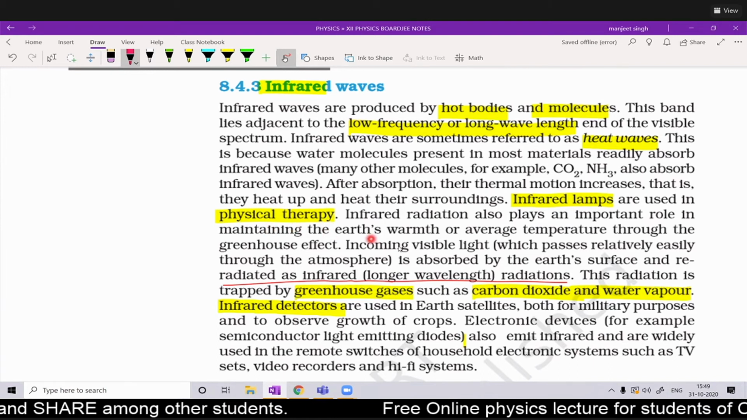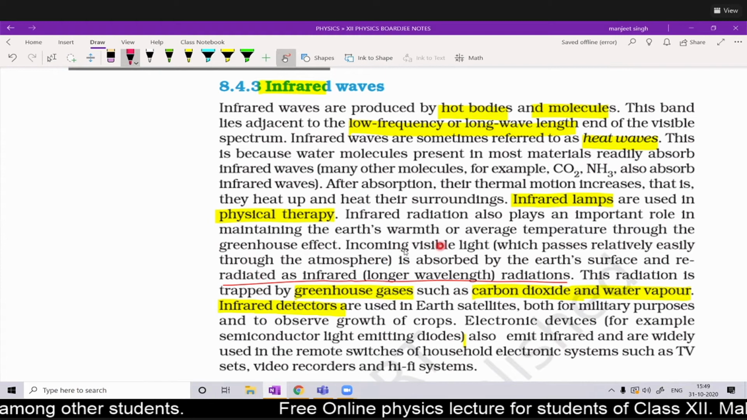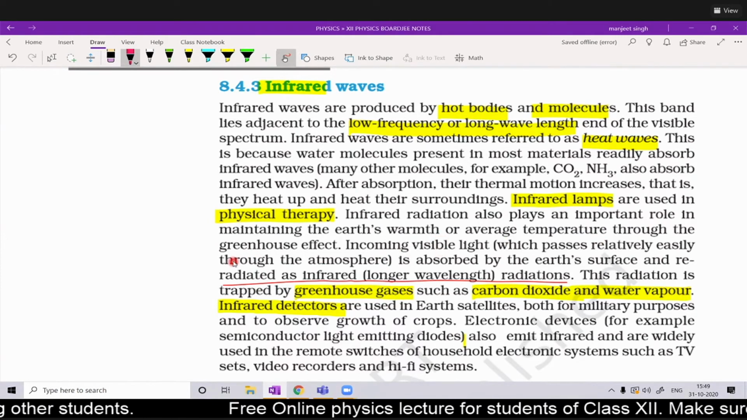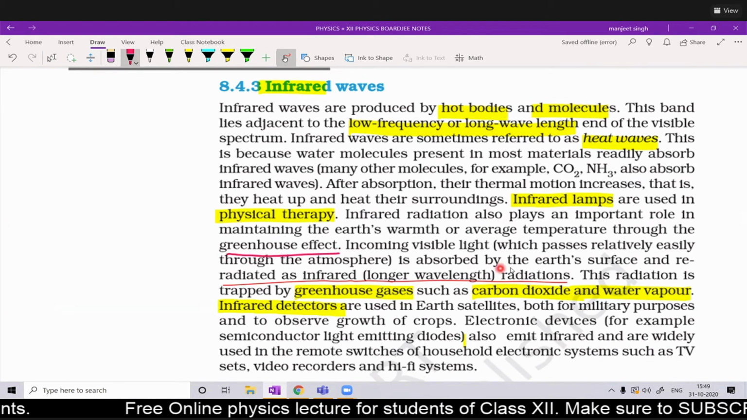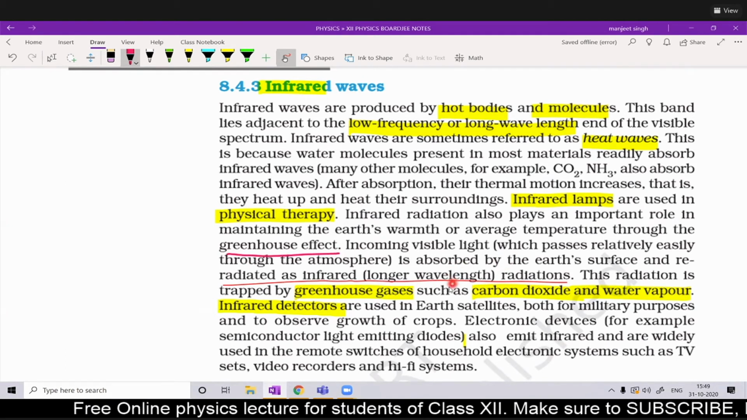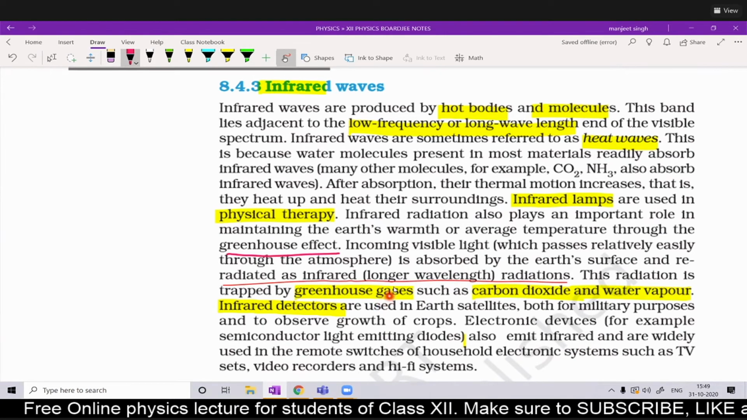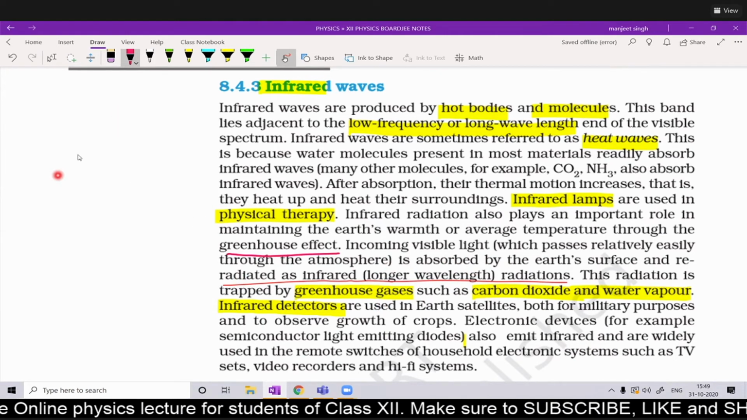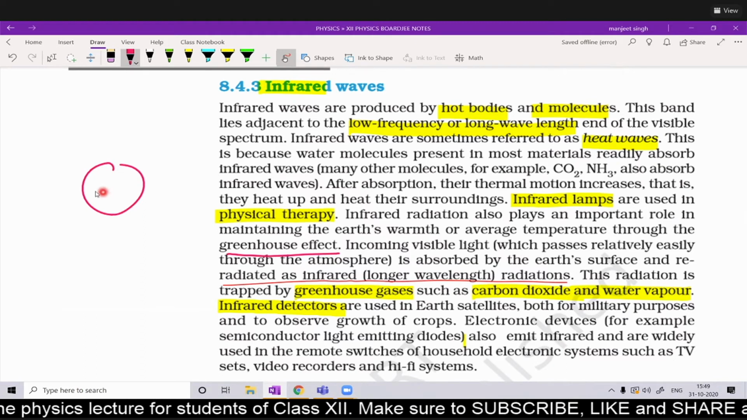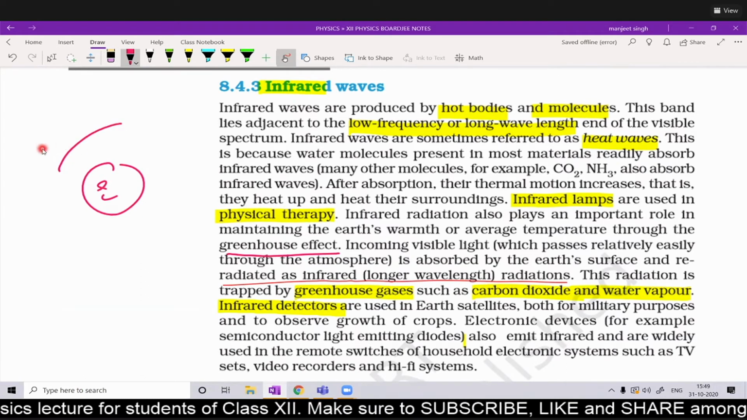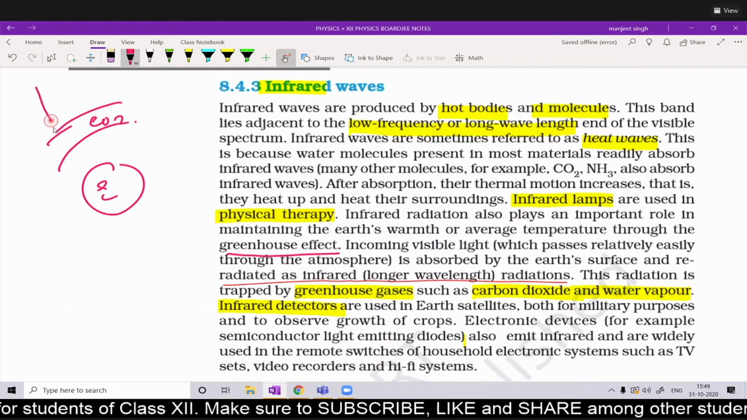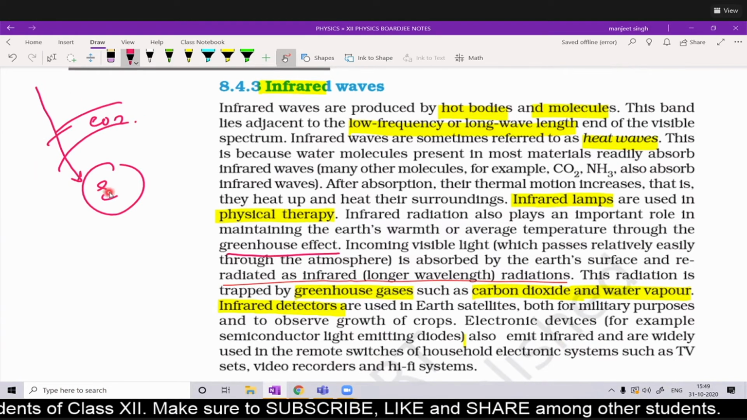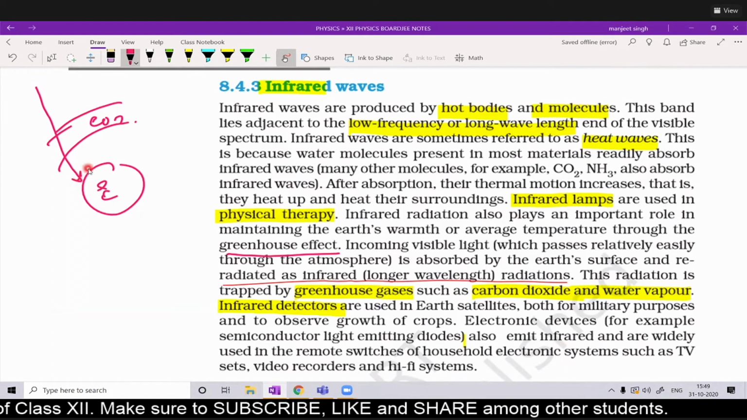Infrared radiation also plays an important role in maintaining the earth's warmth, or average temperature, through the greenhouse effect. What is the greenhouse effect? Incoming visible light: suppose this is earth and this is the greenhouse gases, CO2, etc. The energy from the sun comes to the surface of the earth, and the earth absorbs that energy